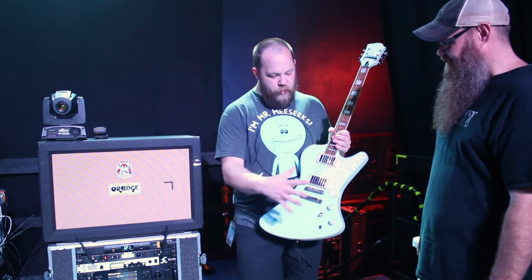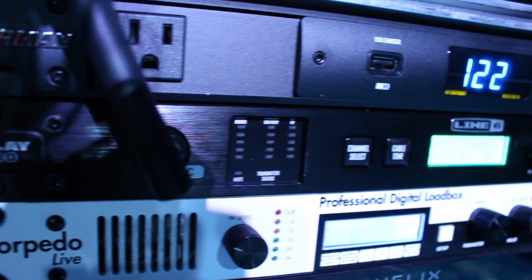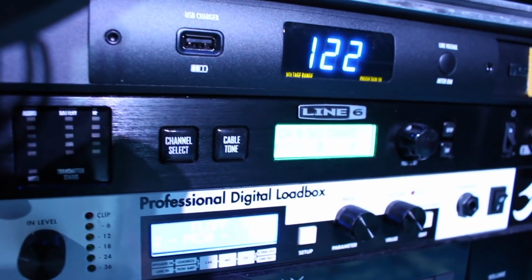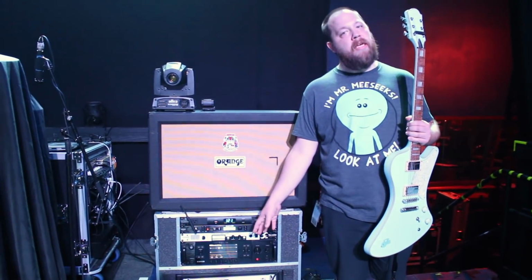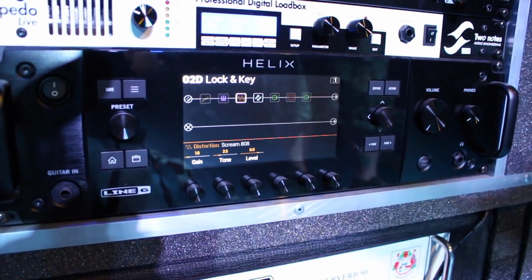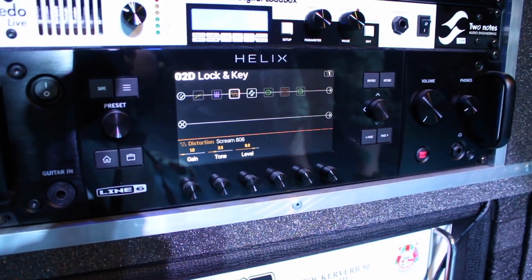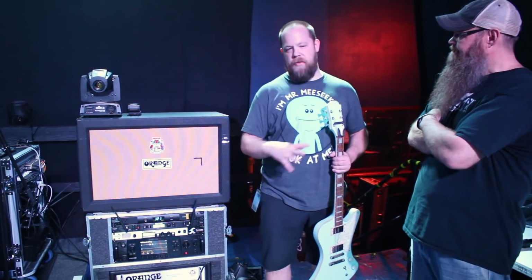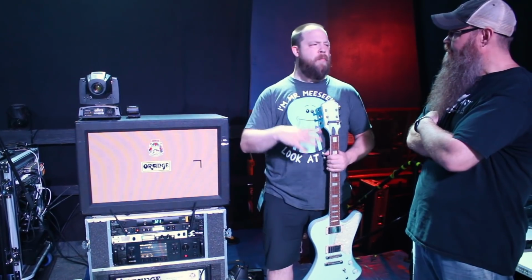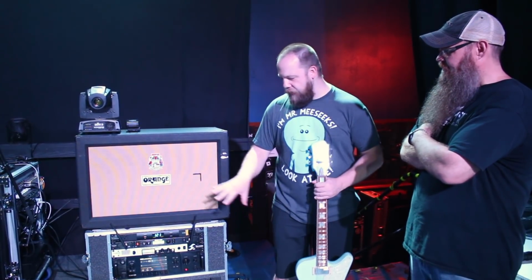From there, it just goes into a Line 6 G90 wireless, which is right here, and from there it goes into the Line 6 Helix, which has kind of changed the way I play and the way I tour. I used to have a pedal board and all sorts of patch cables, and whenever something would go wrong, you have no idea where to start, and so it creates headaches. So I have the Helix